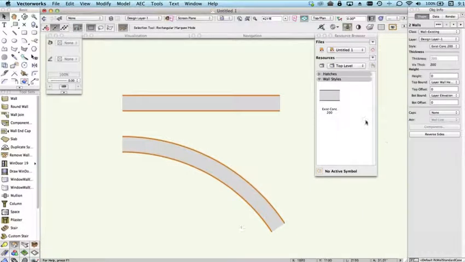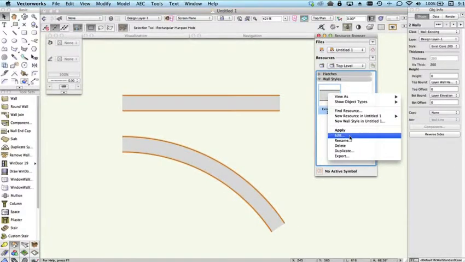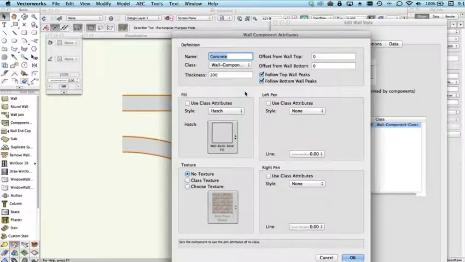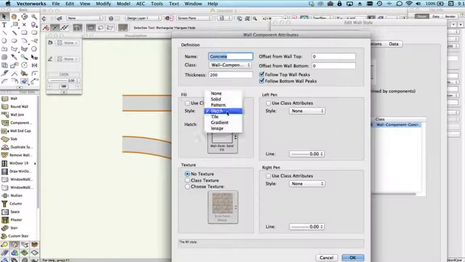So you may or may not be familiar with the ability to show insulation in walls using tiles, and we can demonstrate this by editing this wall style here, and this wall style is controlling this straight wall and this round wall. So if I right click on this wall style and choose edit, it has one component, so we'll double click that and go in and edit the component and change the fill from being a hatch to